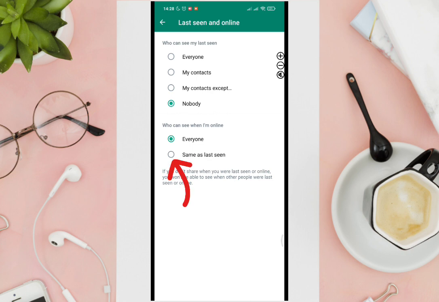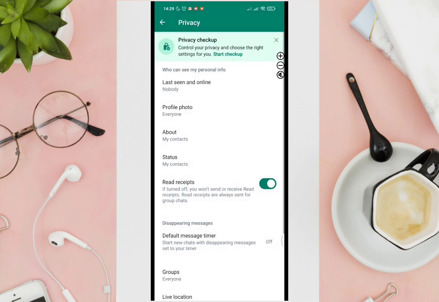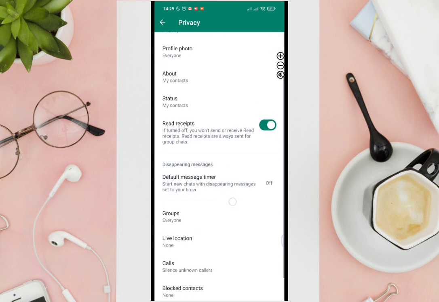Okay, now navigate to the bottom and then you can see the who can see when I'm online. So all you have to do is to tap on the same as last seen. Okay, if you don't share when you were last seen or online, you won't be able to see when other people were last seen or online. Okay, remember that. Another thing is to go back to the privacy and then scroll down until you see the